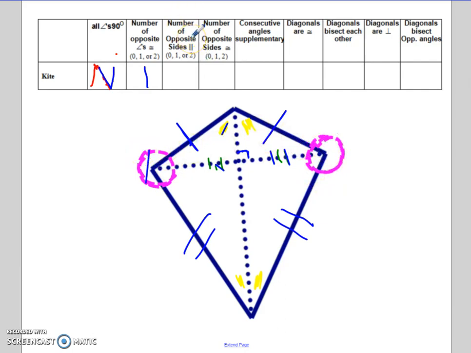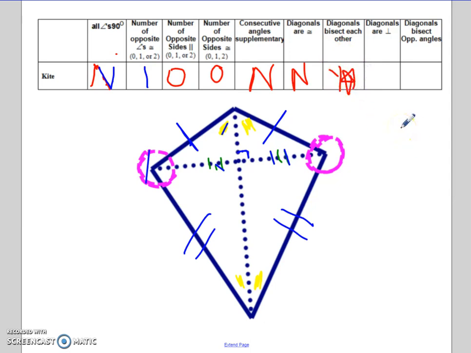Opposite sides parallel. I have 0. Opposite sides congruent. I have 0 because these are opposites and they're not congruent. I have these consecutive sides are congruent, but that's not a thing. Consecutive angles supplementary, that would be a no. Diagonals being congruent, that would be a no. Diagonals bisect each other, yes, but